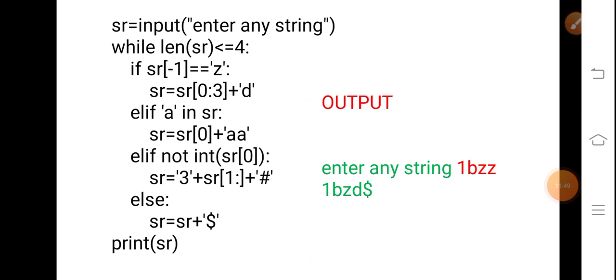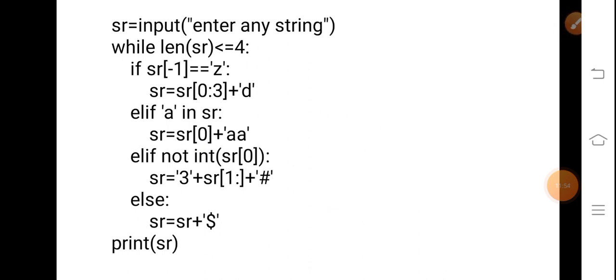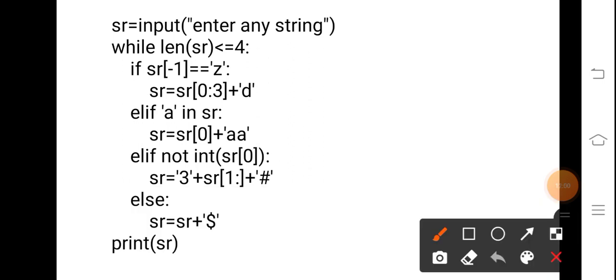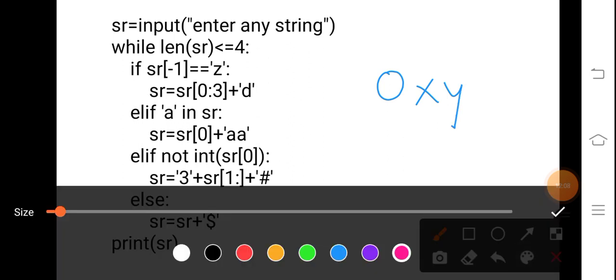Okay, is it clear to you now? Now the same question is taken for another input. This time, suppose I have given 0, then x, then y. If this input has been given to you,